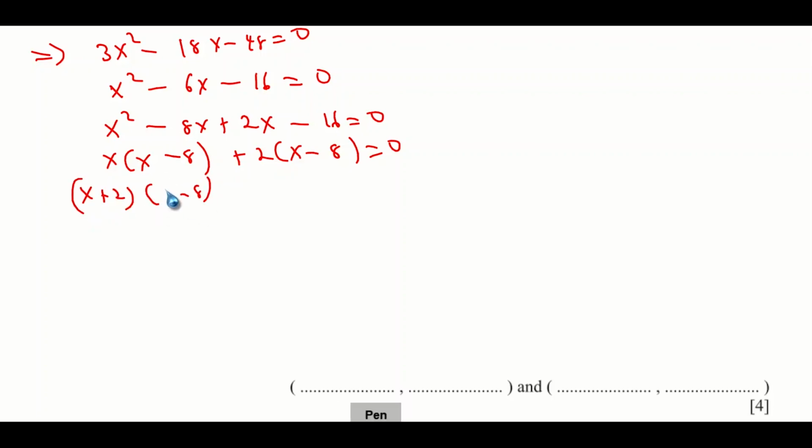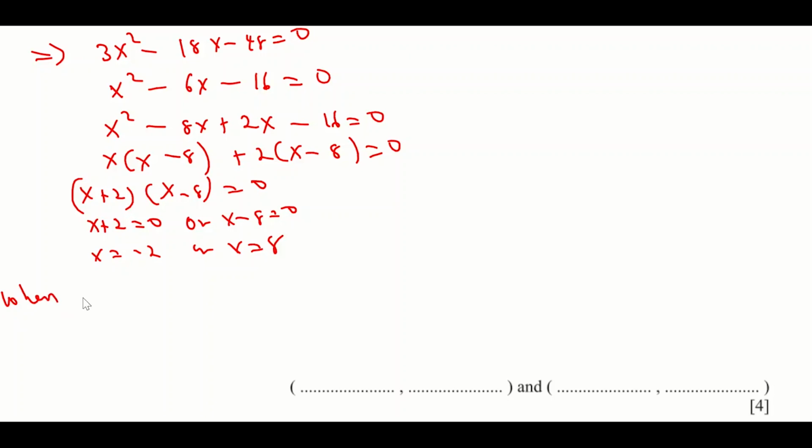So let's write this one very well. x plus 2 times x minus 8 equals 0. So it implies x plus 2 equals 0 or x minus 8 equals 0. So x equals negative 2 or x equals 8. Okay, so when x equals negative 2, so y will be equal to,